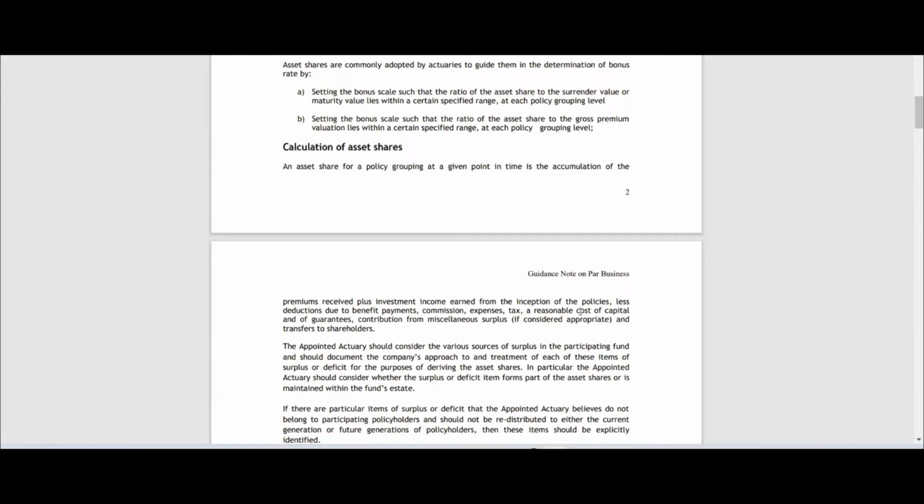So what do you mean by cost of capital? Now, when we are valuing a policy on a prudent basis, there would be a capital. Life insurance is a capital intensive business, right? Because you would require more money at the initial level than you will get. The premium will be under 100 rupees, and if the person dies, then you need to pay 1 lakh rupees, right? So it's a capital intensive business, especially when you are reserving on a prudence basis.